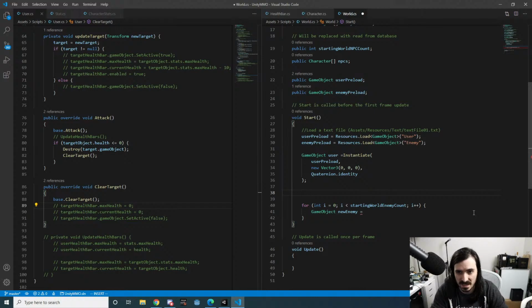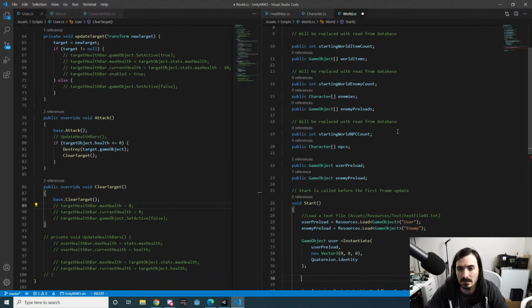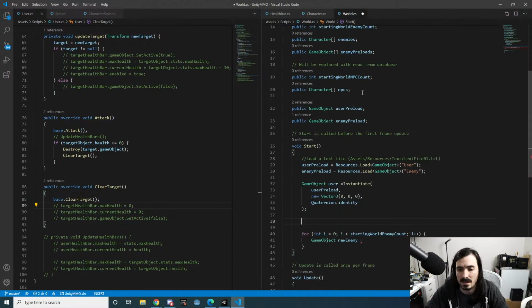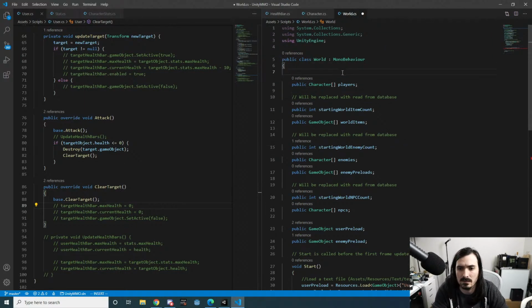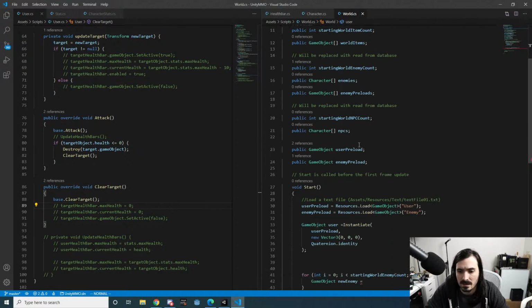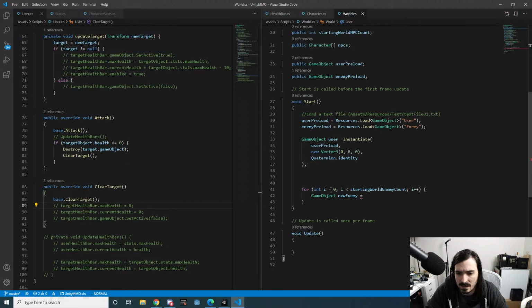oh wait, and then this would be, let's just do this here. Public GameObject. This also needs to be GameObject here, and then this here would be GameObject user. Yeah, there we go. And then this would just be user, and then we would also want to do that here,